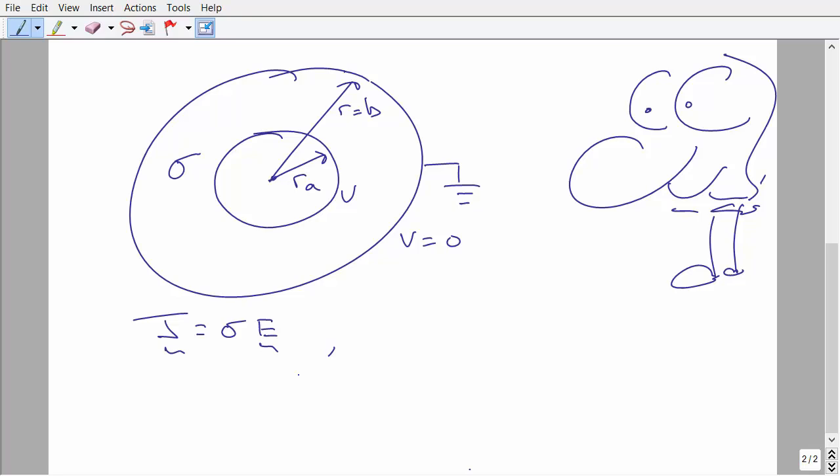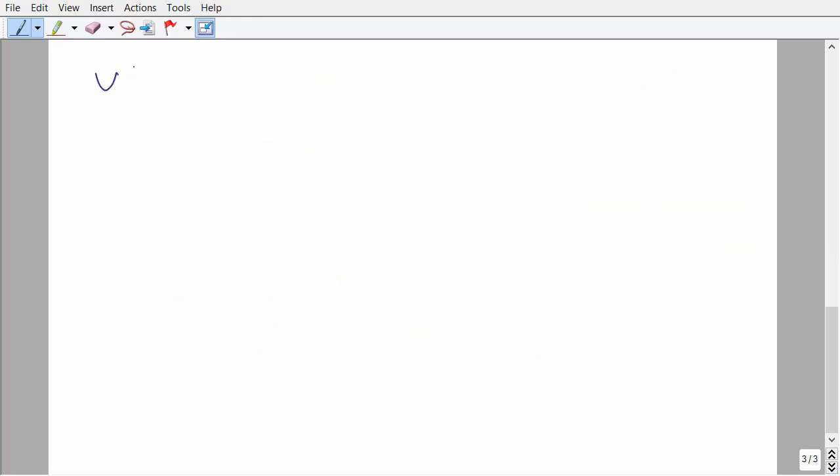Well, we know that the potential between the spheres is of the form B divided by R plus C, where B and C are both constants, and we have two boundary conditions. So one of those boundary conditions is at R equals A, so we can write down that V at A